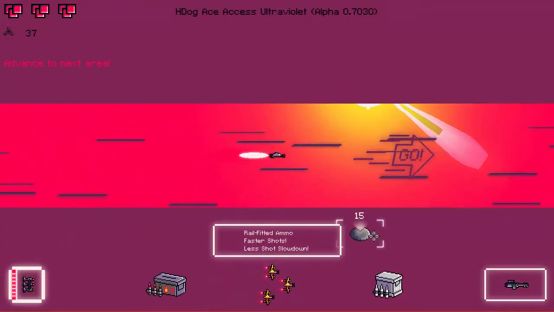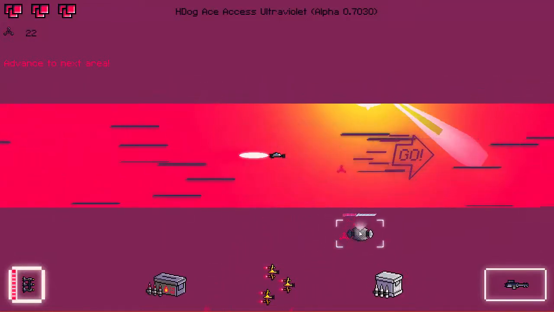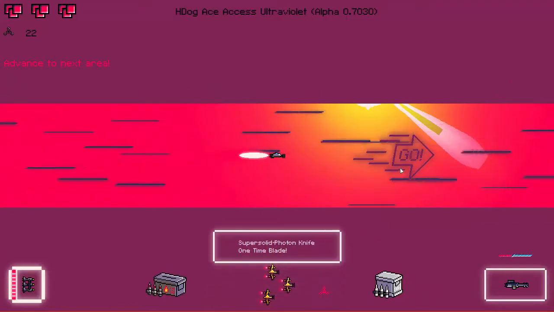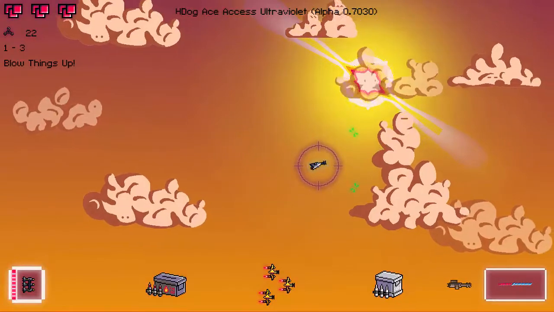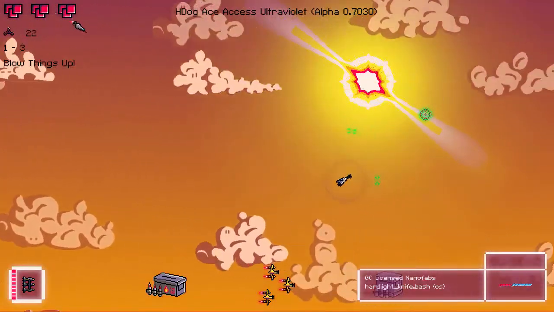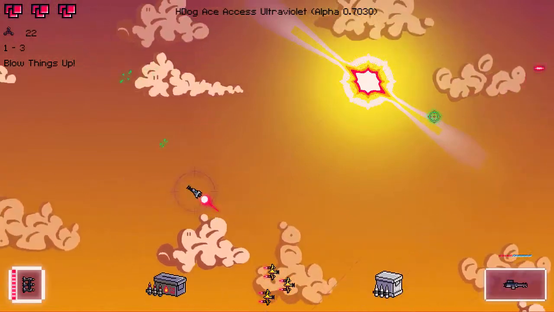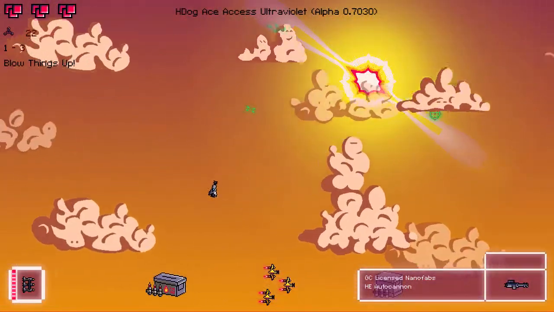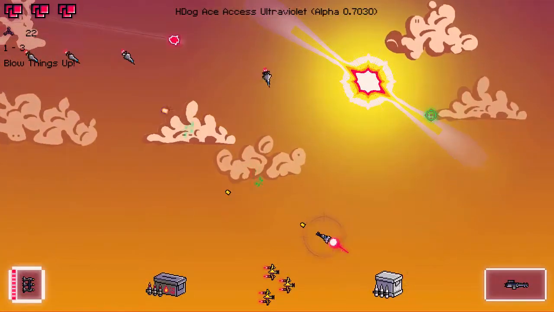Rail fitted shots, faster shots, less shot cooldown. And we got another sword too. Super solid photon knife. One-time blade. Alright. It's a bit of a short range, I have to admit. Then again, it is a melee weapon, but if you compare it to, say, the katana and stuff you got...